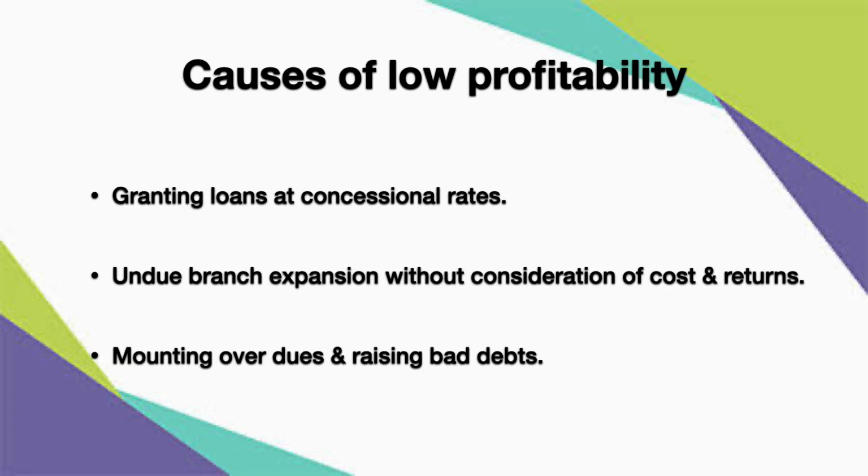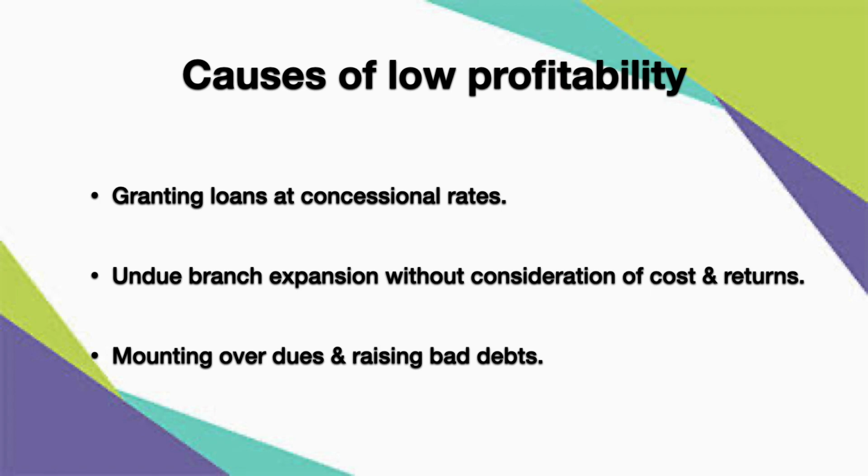So what are the causes of low profitability? We have heard that certain banks have high NPAs, that is non-performing assets. That means people who have taken a loan or borrowed from the bank have not returned it. That's called a non-performing asset. The best example that we have in India is Vijay Mallya, correct? He has borrowed crores of rupees from banks and has not returned them, so he is going to be termed as NPA in the banks' account books.